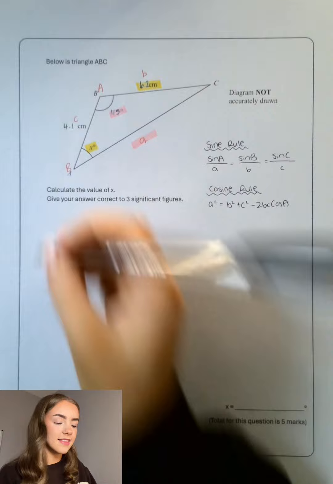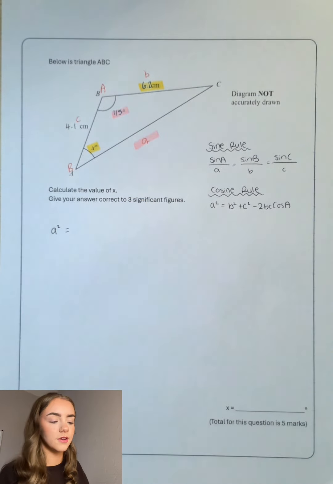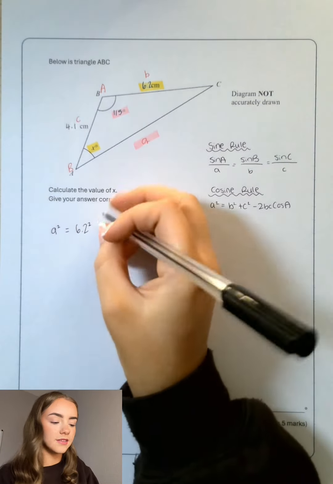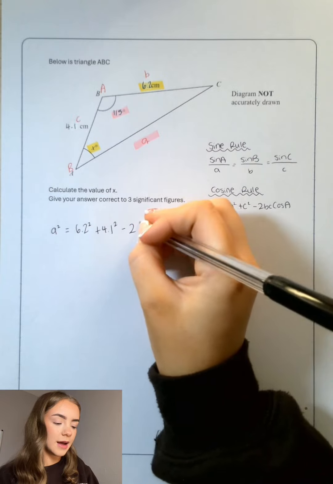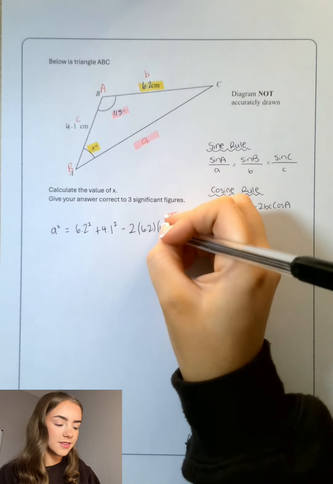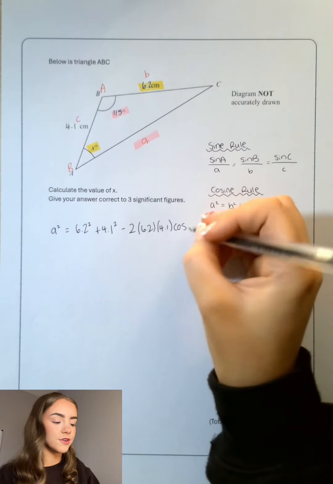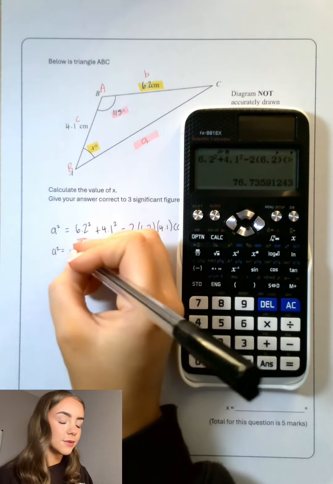In place of A, this is what we want to find. So we'll just leave it as a squared, and this is equal to: in place of b, we have 6.2, and this is squared, plus, in place of c, we have 4.1, and this is squared, minus 2 times b, which is 6.2, times c, which is 4.1, multiplied by cos of angle A, which is 115 degrees. Typing this all in, we get the value of a squared is equal to